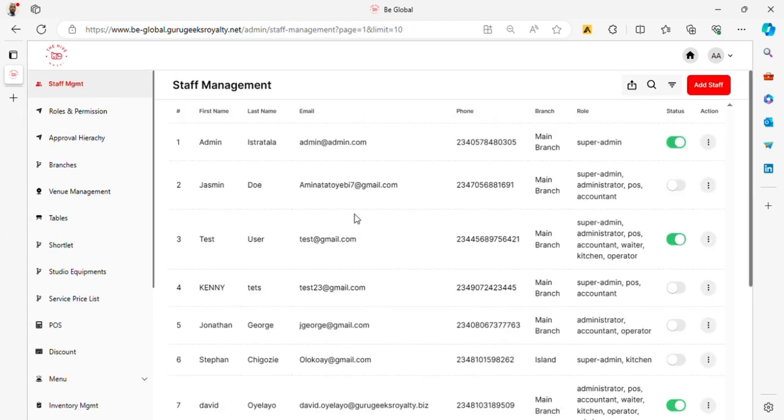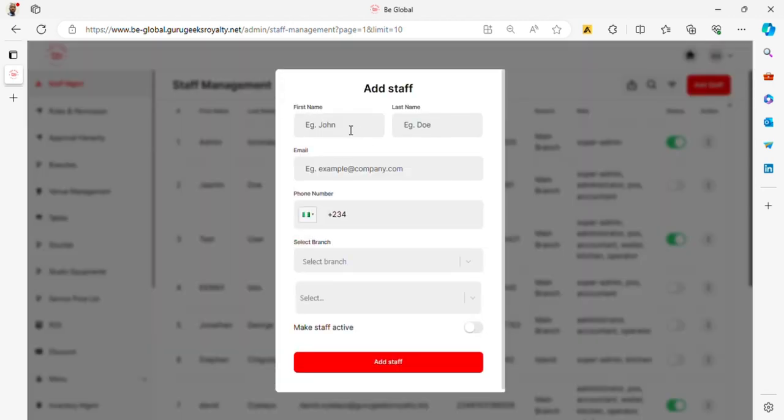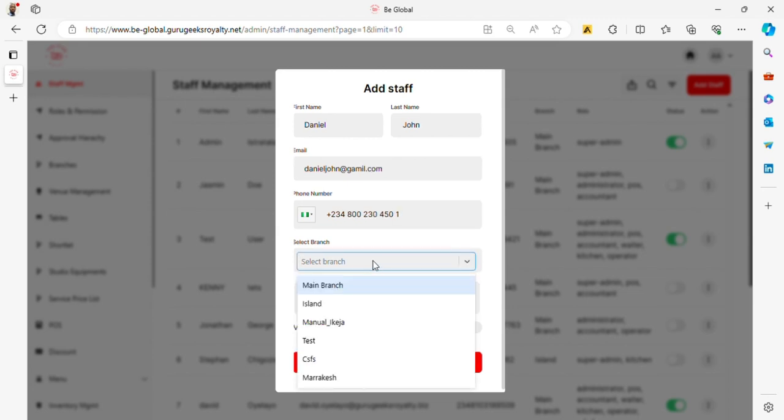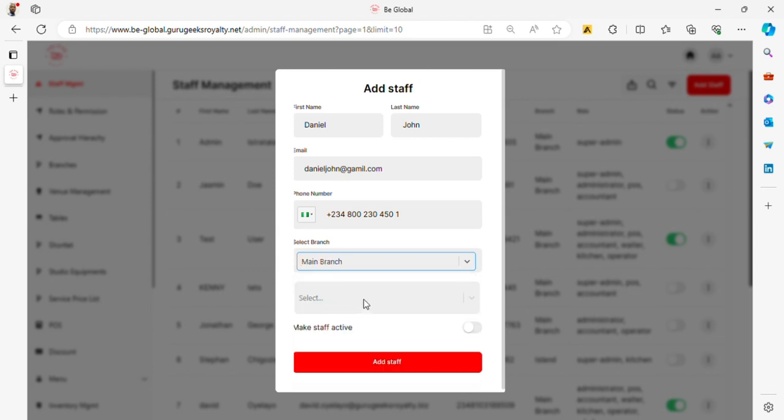Staff management now, and here is where we add a staff member, all our staff members. So you could just click on add staff, add the name of the staff. This is assuming we have set up all our branches. I'm going to walk you through that real quick, but one of our branches is here on the mainland, which is at Ikeja now. So I'm just going to do that as main branch,